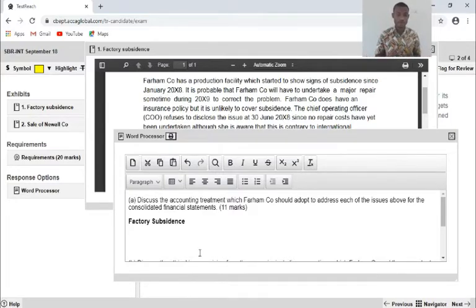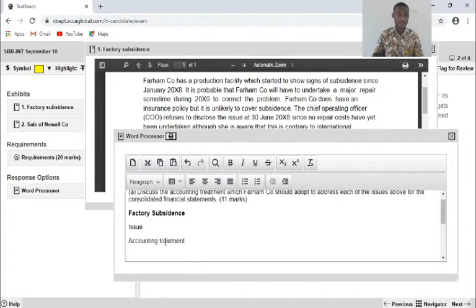So you first have to have the structure. What is the issue? Understanding of the issue is critical for the exam, and then also you talk about the accounting treatment. So I can just have that simple heading. So I'll say issue, accounting treatment as these headings.